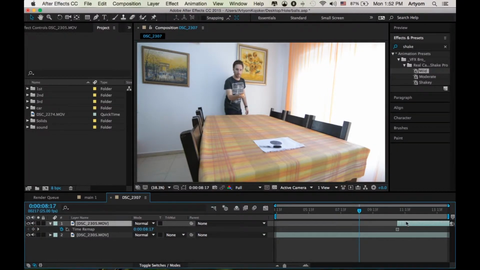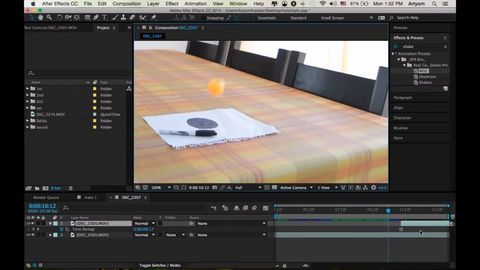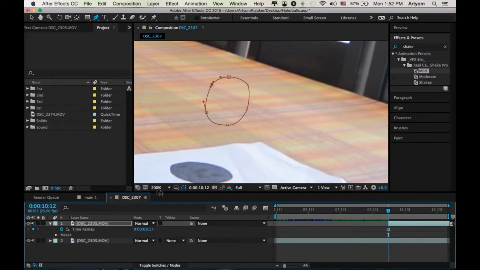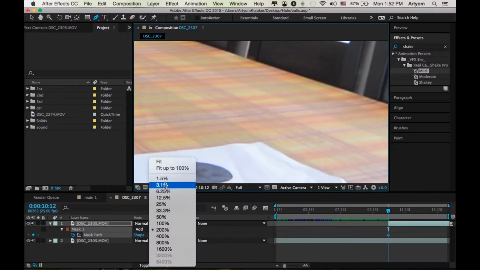Alright, so trim it up and just go to the point where it's bouncing off the paper and turn it off and make a quick mask. Try to do this without harsh edges, like this. Let's say, just try to make smooth ones like this. Now turn it back on, put a little feather like 5, and now we need to animate the